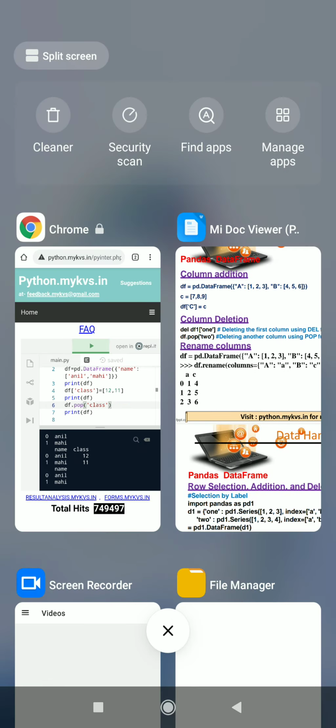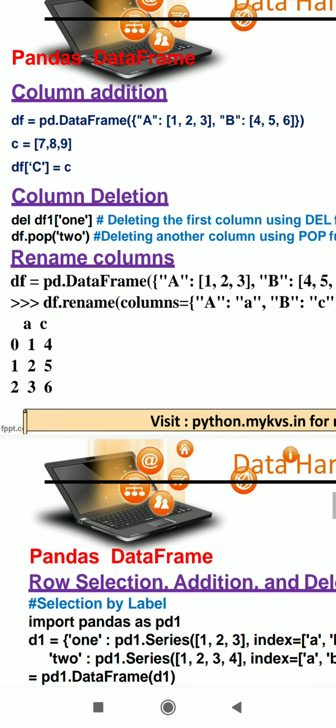Now next, suppose we have some column names, we assign some column names, and those column names are to be changed. There is one method, rename. We can change the column name with the help of the rename method.